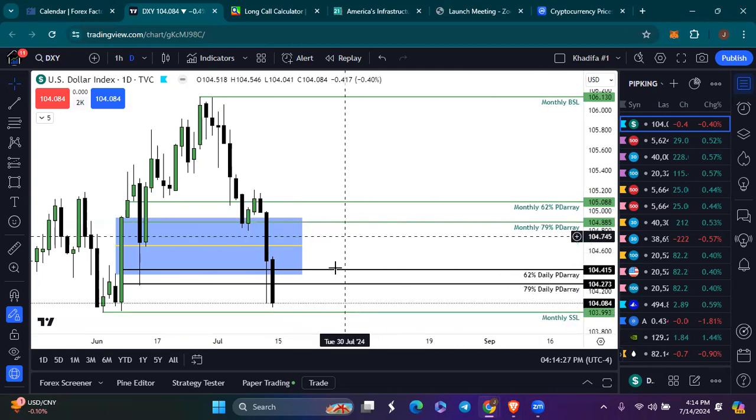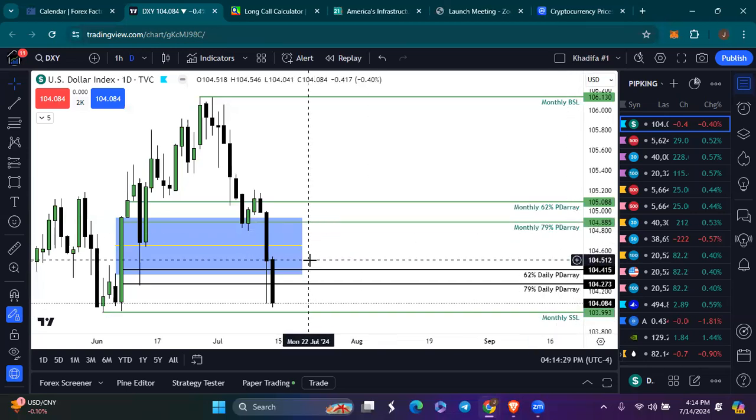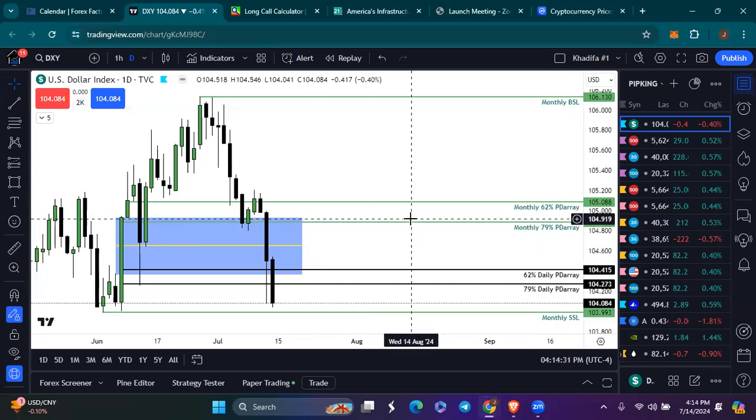and price may open up back above that monthly. We had some very, very high impacting news to happen over the weekend. I don't know if you all have heard the news or not, or seen it on the news or not, but there was allegedly, or so the media is saying, an assassination attempt on